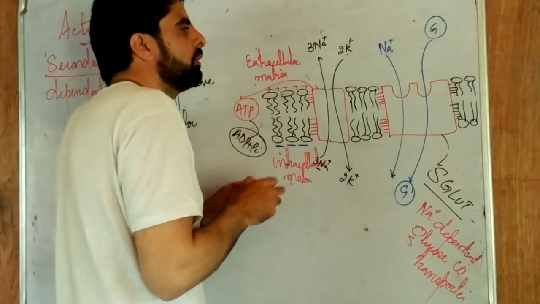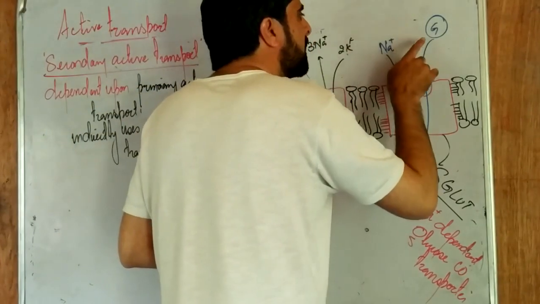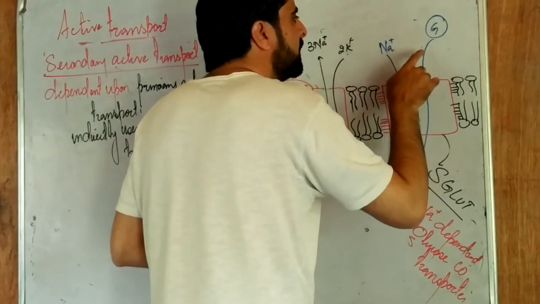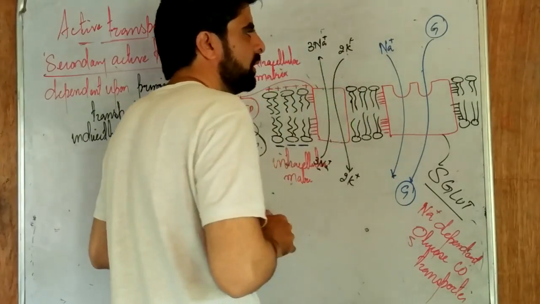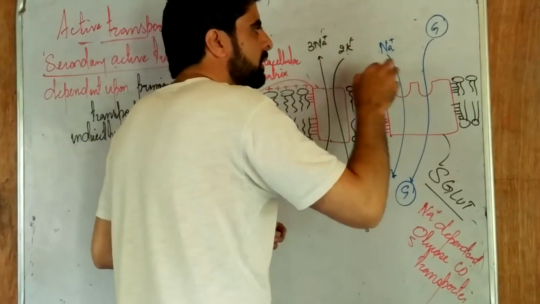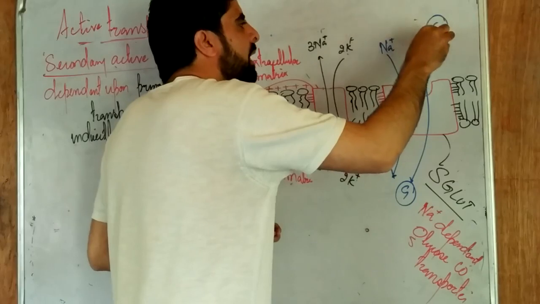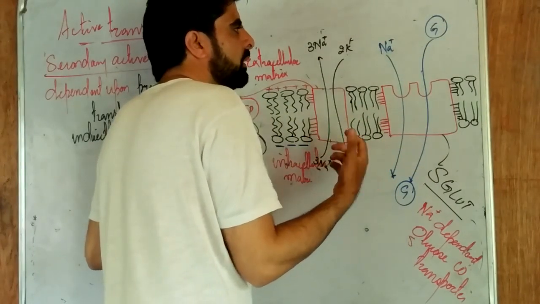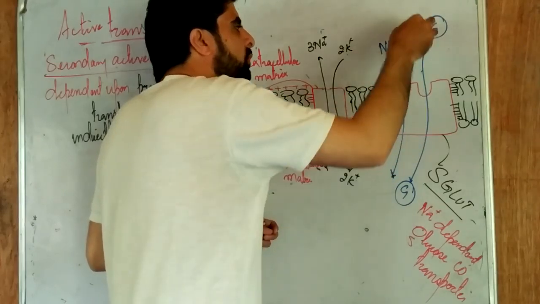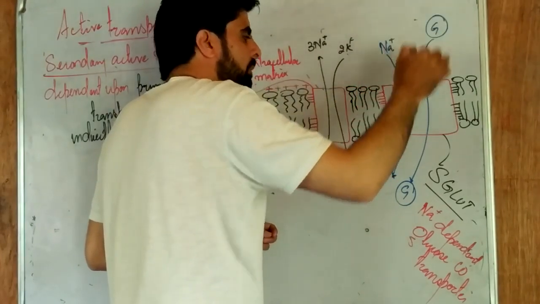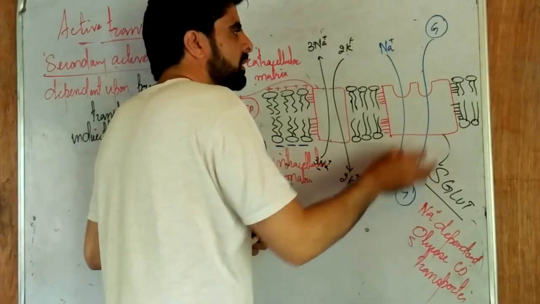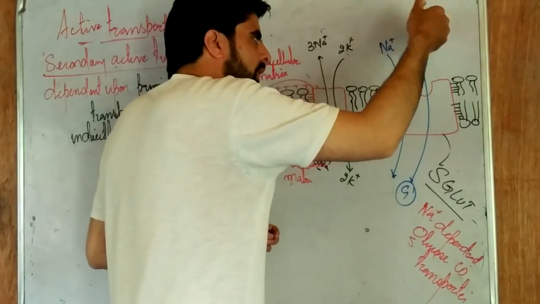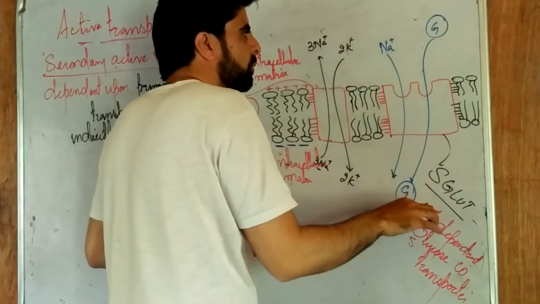But the very important thing is glucose is mainly transported by carrier mediated diffusion, that is facilitated diffusion. You have to keep in mind that's a passive process. But some of the glucose remains there because passive is not so fast. Passive is not that type of movement where every glucose molecule is taken from the extracellular matrix to the intracellular matrix. Some glucose remains there. That glucose is taken by the secondary active transport. You have to keep that in mind.